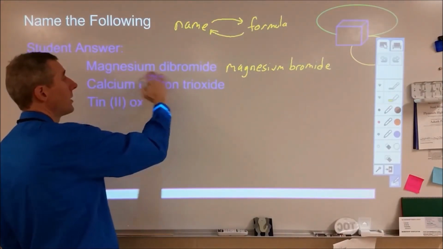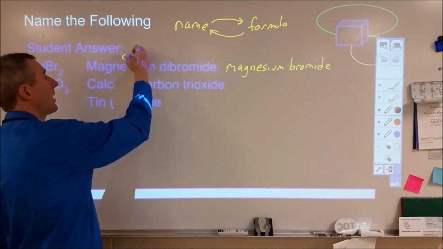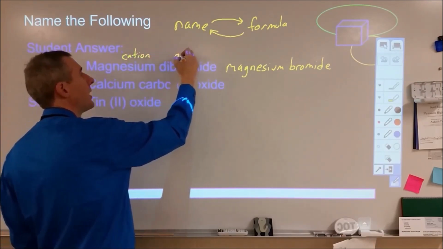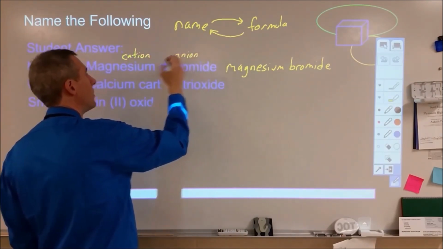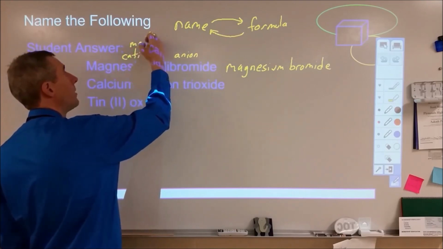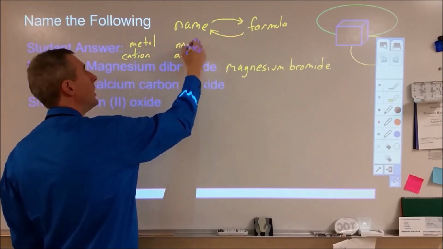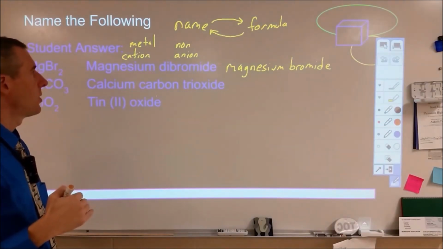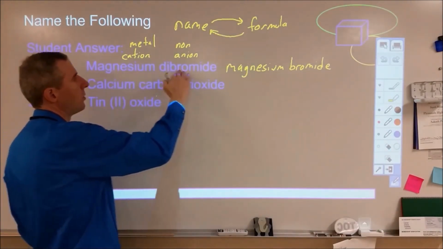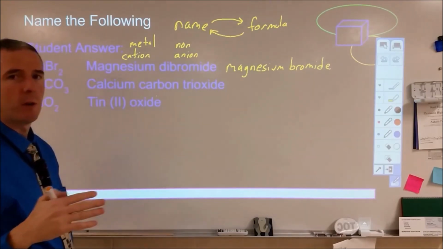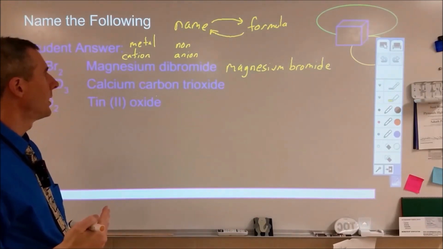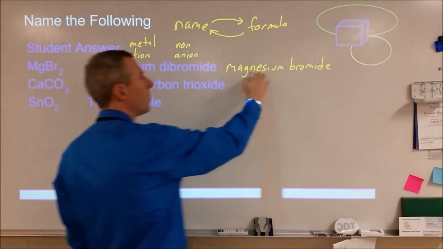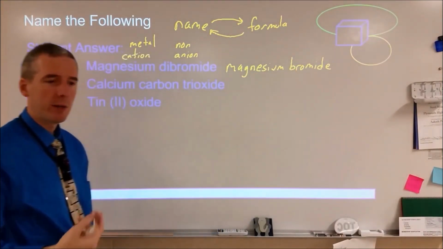Now, when you have something that's ionic, something that's composed of a cation and an anion, or some people would also say composed of a metal and a nonmetal, in that case you don't need to provide a lot of information. If you just provide what the two ions are, that's sufficient for everyone else to figure out what the formula is. So when I say magnesium bromide, and I'm talking to someone who has a basic understanding